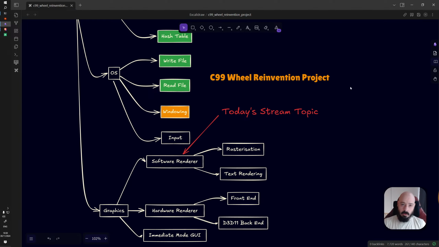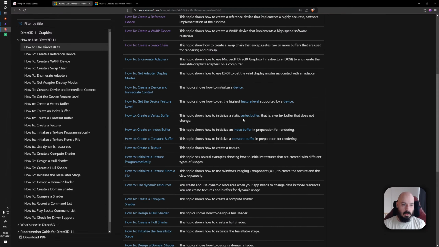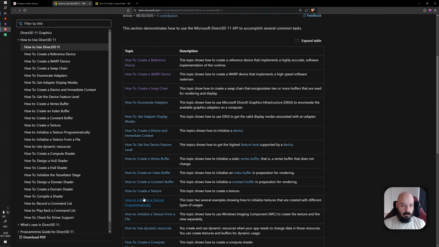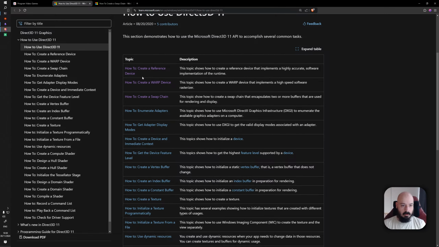So, today we're going to be working on implementing a DirectX 11 software renderer, or at least the beginnings of one. And so we're going to start with basically getting DirectX 11 set up and drawing something onto the screen. So if we have a look at the documentation over here, there's a whole bunch of pages of things, and I'm not sure exactly what we're going to need, so I've just been reading a couple of these in advance. I think we can start with this step here, which is how to create a device and a swap